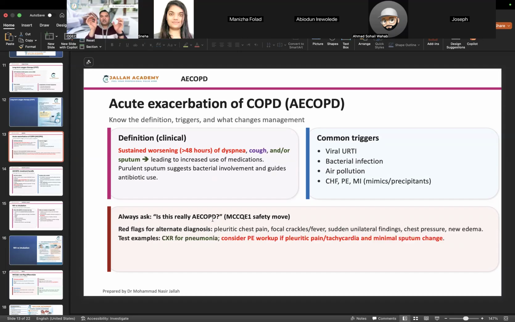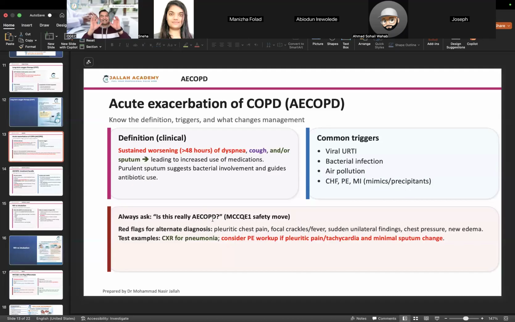But we have to be very cautious not to forget about vital conditions that, if you miss, the patient will die. For example, pulmonary emboli, because pulmonary emboli comes with the same clinical features as exacerbation. A few differences: for example, the patient might have pleuritic chest pain and also might have tachycardia,